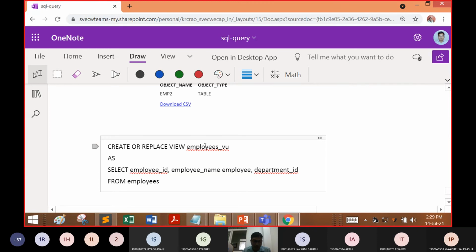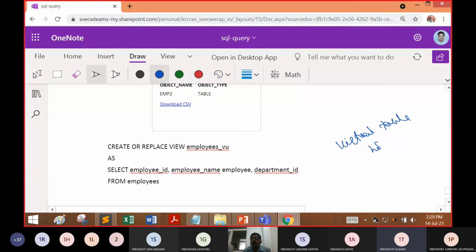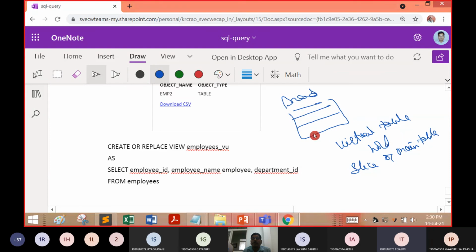A view is going to be called a virtual table. Views hold a slice of the main table. Suppose there is a huge bread, and from this bread we make a piece of bread.